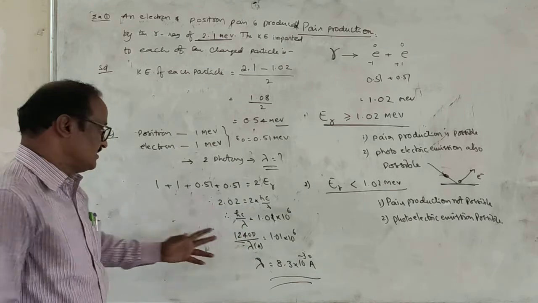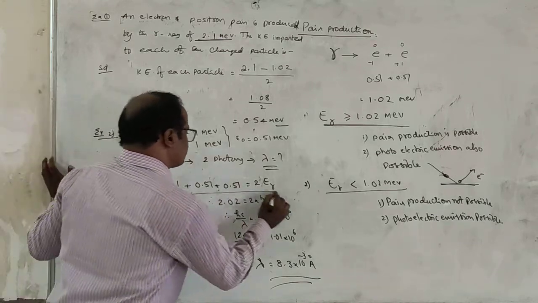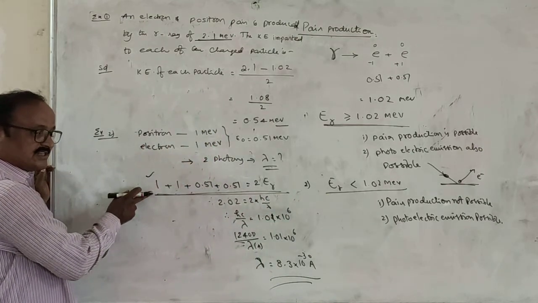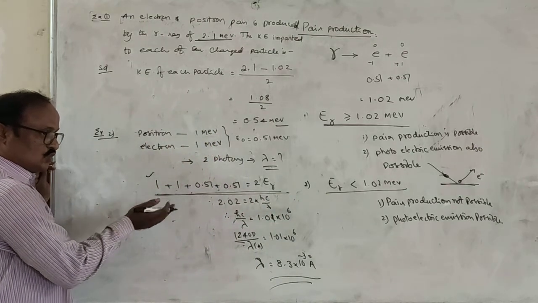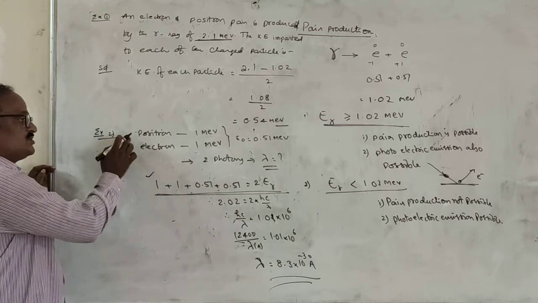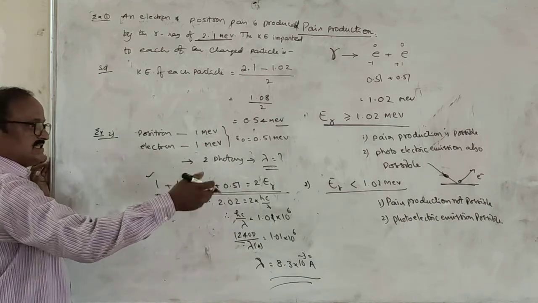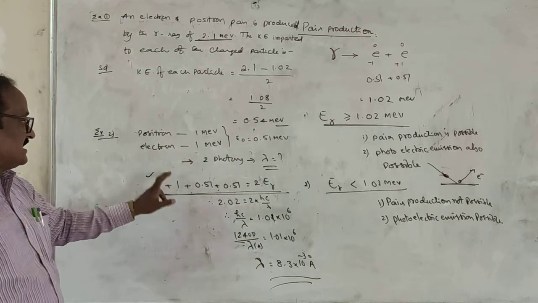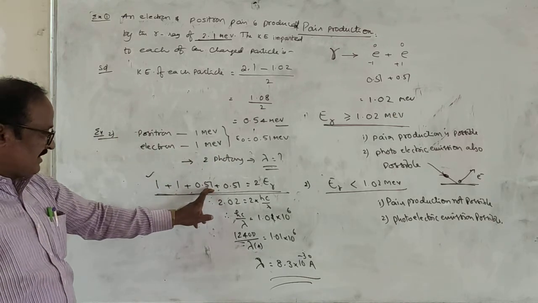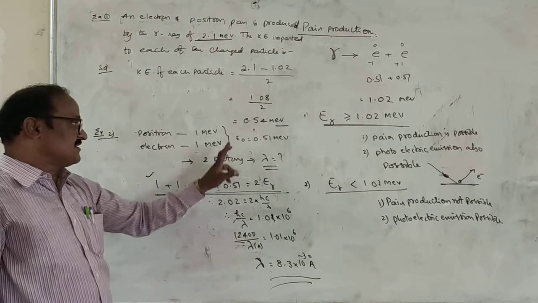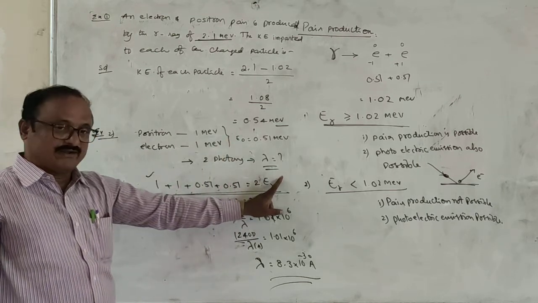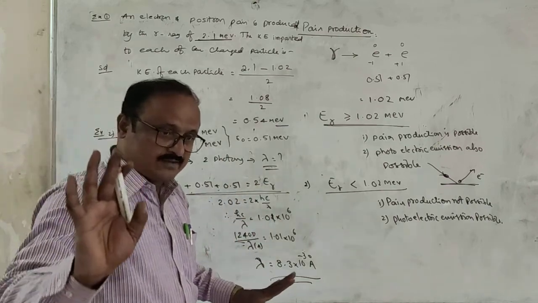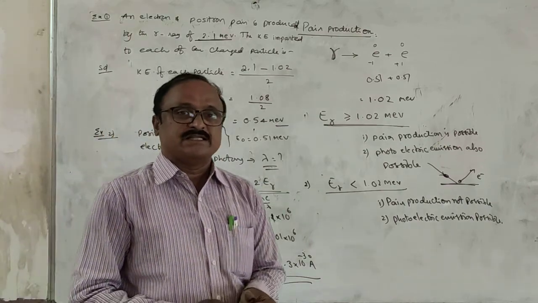Do you understand? Remember this formula always. This is very important. Here we are using the law of conservation of energy. According to that, the total energy before is equal to the total energy of the emitted photons. 1 plus 1 are the kinetic energies of both particles, 0.51 and 0.51 are the rest mass energies of both particles. That should be equal to the energy of the two gamma ray photons. Thank you. So here this unit's concept is over.